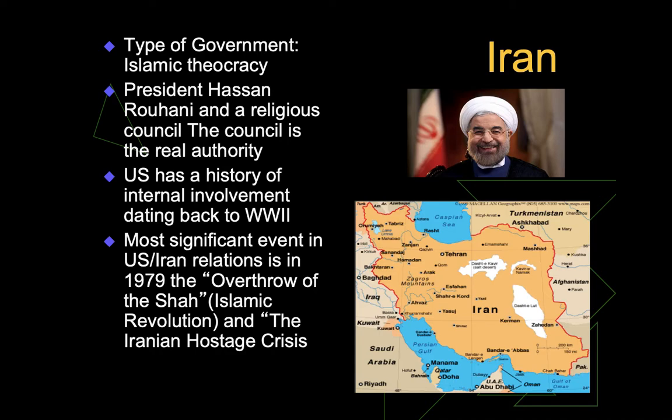They had a leader by the name of Mossadegh, a prime minister, who the United States staged an overthrow of his leadership in order to try to get sympathetic leadership in power. And the person that we wanted in power was the son of the original Iranian leader that we overthrew back in the Second World War period. We'll talk about that guy shortly, and he comes up as part of this next story.